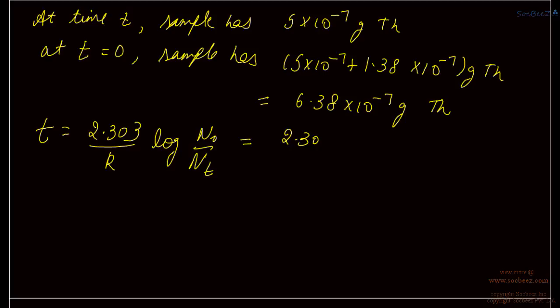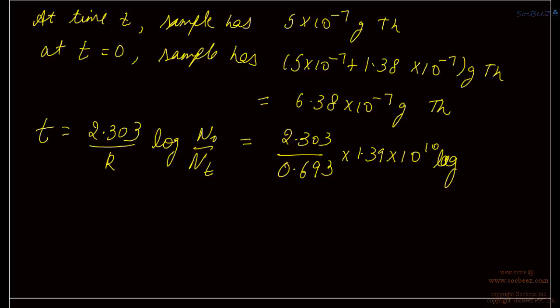So from here the value of T is 2.303 upon 0.693 into 1.39 into 10 raised to the power 10, because T half equals 0.693 upon K, hence K becomes 0.693 upon T half. So substituting that expression here,